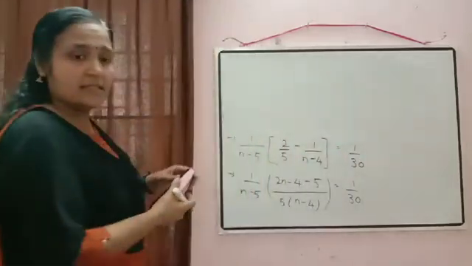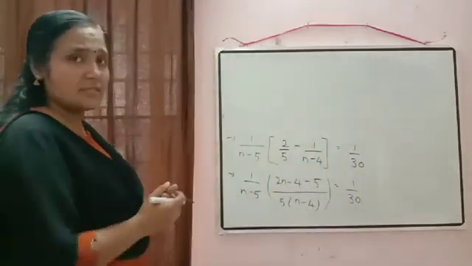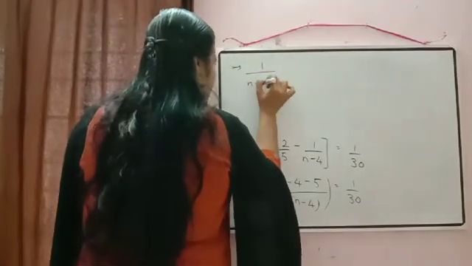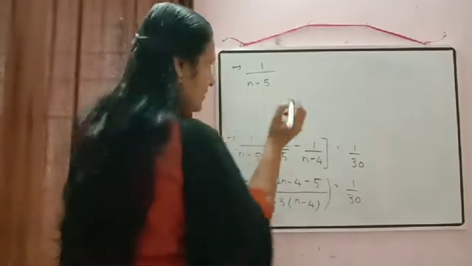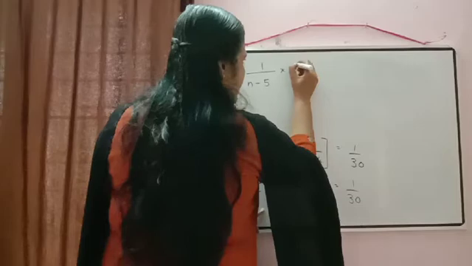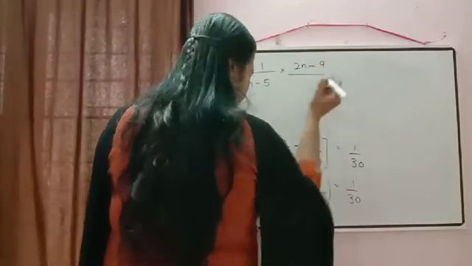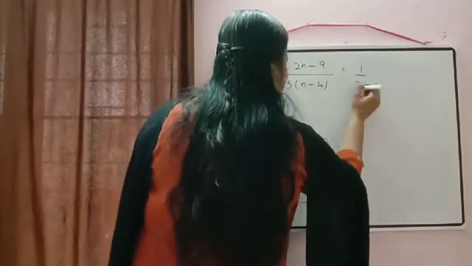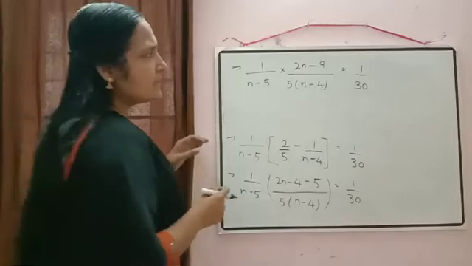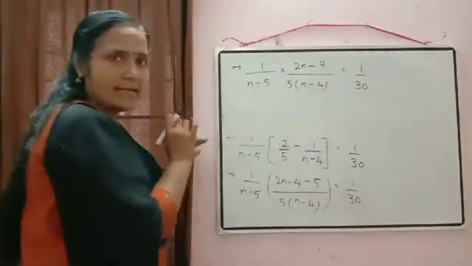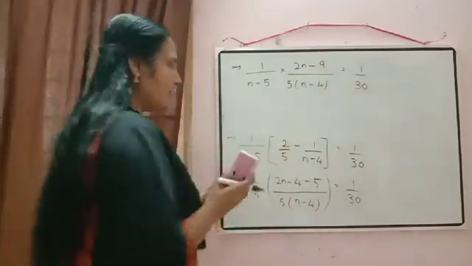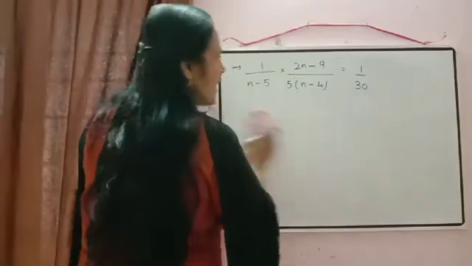That's why I said this one is important, because in 6 mark questions there is a possibility that this question can be asked. Okay, so then next it will be equal to 1 by n minus 5 written as it is. What is remaining we are getting here? Into 2n minus 9. 2n minus 9 by 5 into n minus 4 is equal to 1 by 30. Now just to check here, if 5 I will shift there to right hand side, it will go in denominator. So 5 and 30 will get cancelled there, then it will come here, that is equal to 1 by 6.